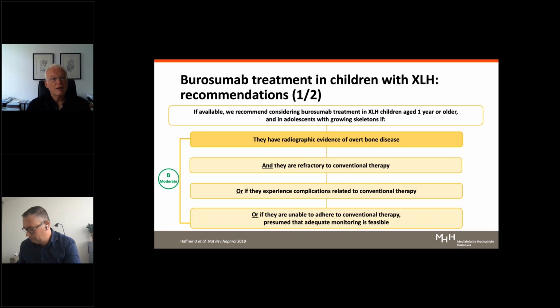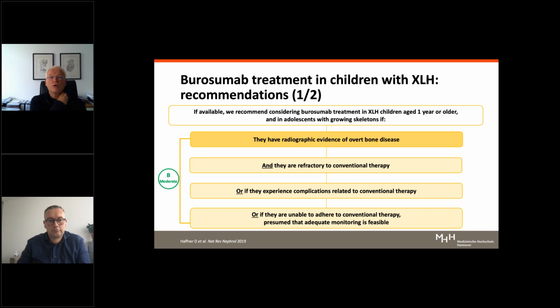Okay, so when to start with burosumab? This guideline was finished in 2019. At this stage, there were just preliminary study results with burosumab treatment. So at this stage, we didn't know if burosumab is superior to conventional treatment. We didn't know so much about side effects. So we thoroughly discussed in the guideline committee, looking at the clinical studies, which patients may be preferably treated with burosumab,